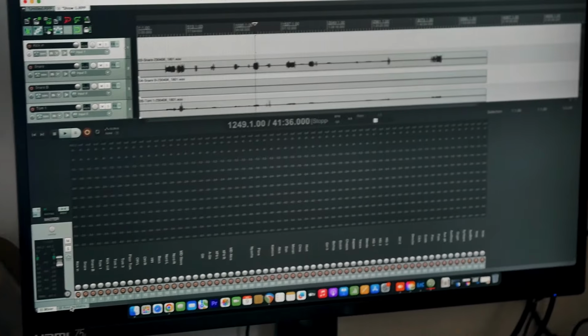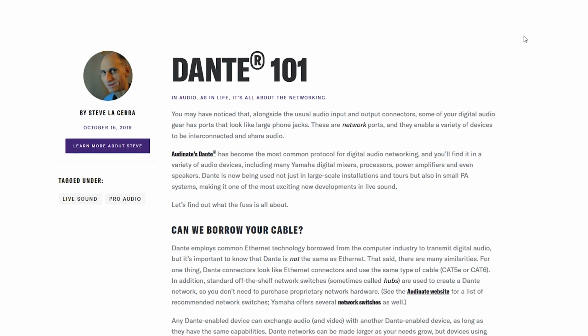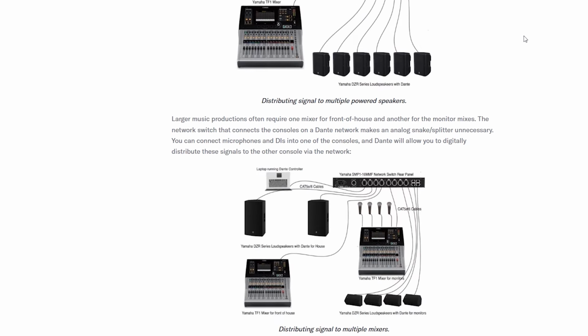For our Ableton setup, we run it through Dante. It's a protocol where you are able to have 64 inputs and 64 outputs. So we are bringing tracks from Ableton into the system using Dante. And for this play, currently we are just running 2 channels, where we have a metronome and the percussion setup. And then it comes to the system through Dante